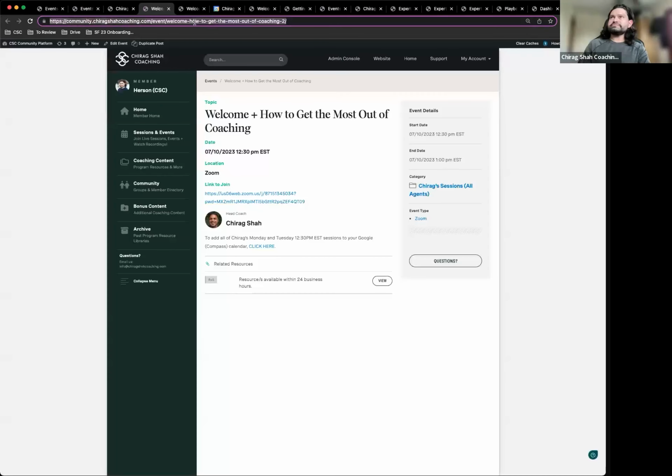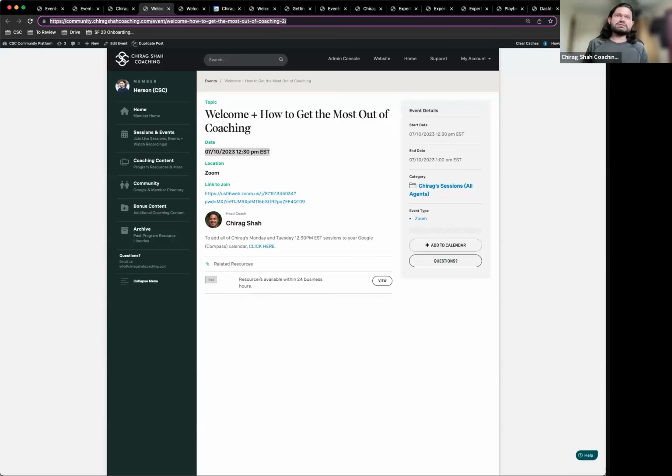And here will be the same example, but for the PM session. So you can find both of the Google Calendar links for Chirag sessions, for instance,